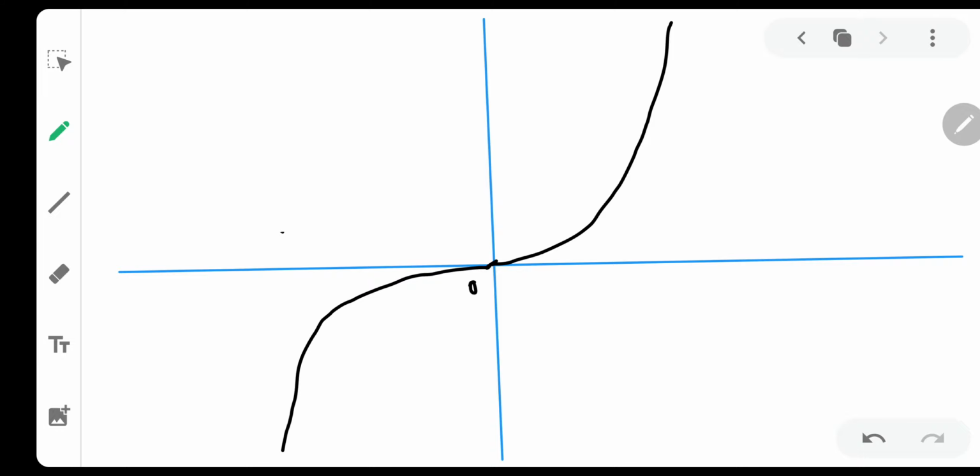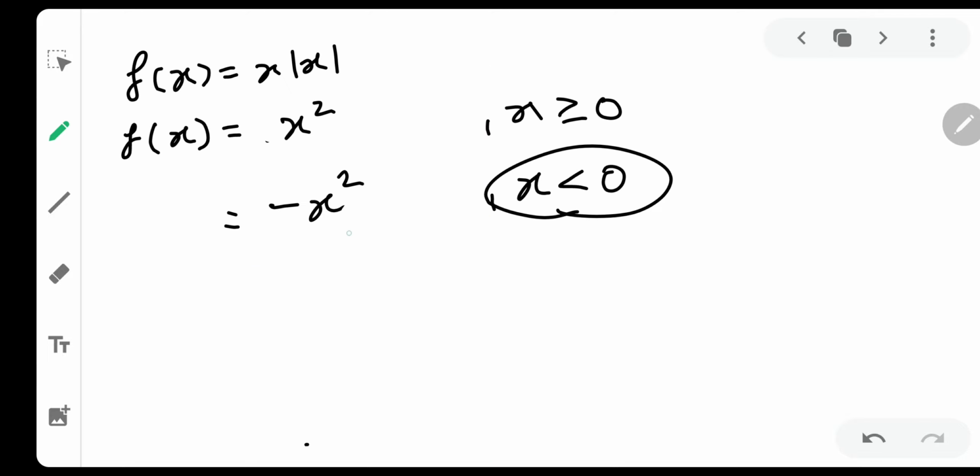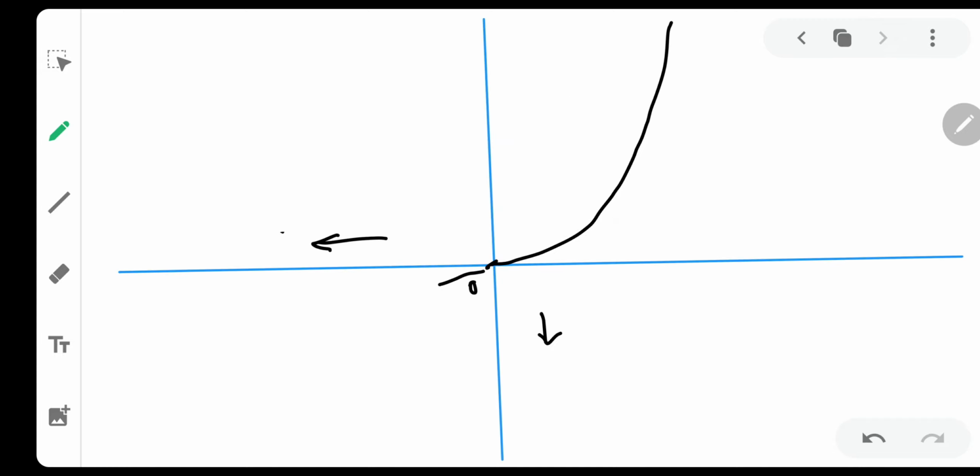Did you get that? How did I draw that? Let me show you once again. Negative values of x giving you negative values of y. How? Because x square will always be positive irrespective of x being positive or negative, but minus x square will always be negative, right? Hence your y value is negative. So basically minus x square would be something like this. Let me draw it neatly. So you've drawn x square and minus x square. I just need it very nicely drawn. Let me try once. Oh, very good. Yes, I got it almost. So this way I have drawn this function.